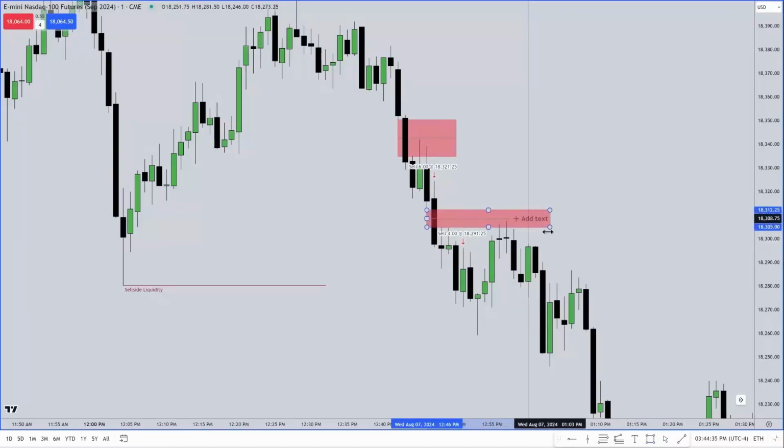It just goes up to that level there. And what is it doing there? Is it touching the consequent encroachment before it makes the swing high here? Nope. So what does that tell me? It signals to me, just sit back and relax. Don't do anything. Just relax. Move your stop to your first entry, minus 2 ticks. And now we go into 1 o'clock. Look what happens at 1 o'clock.